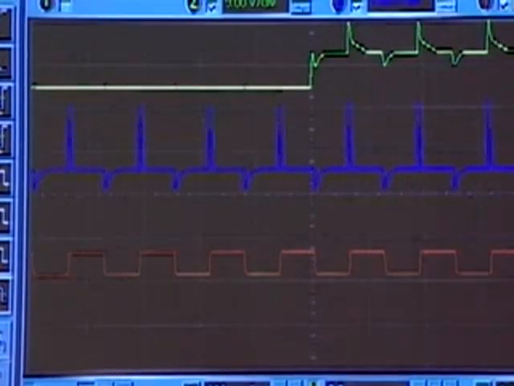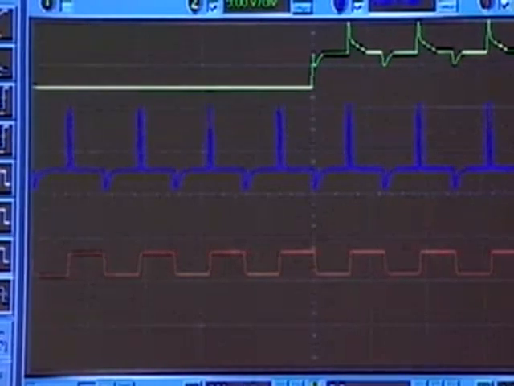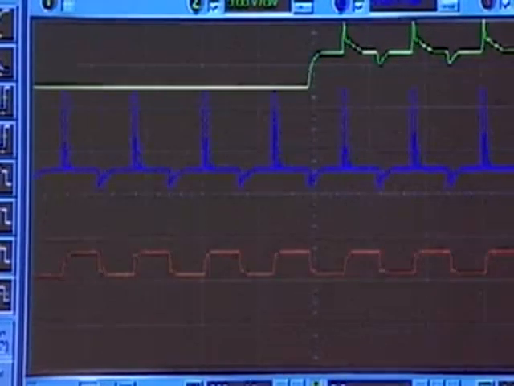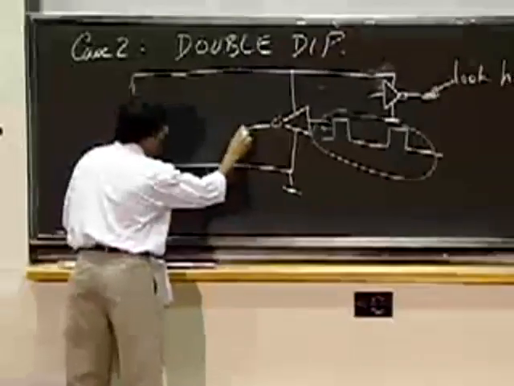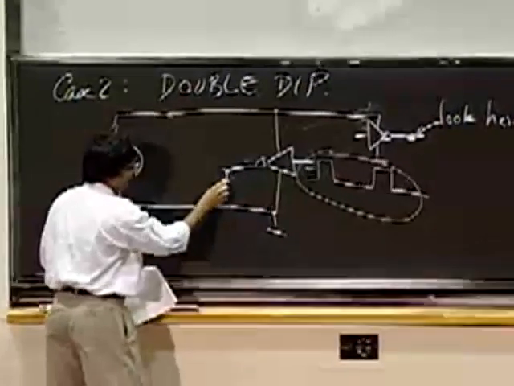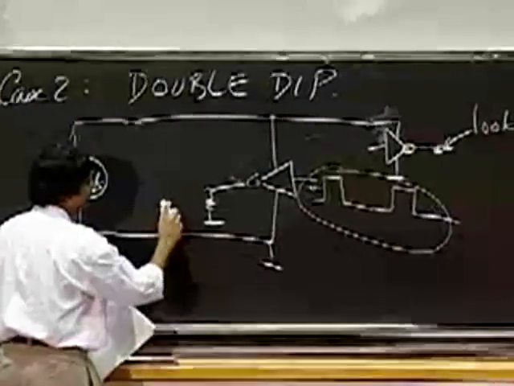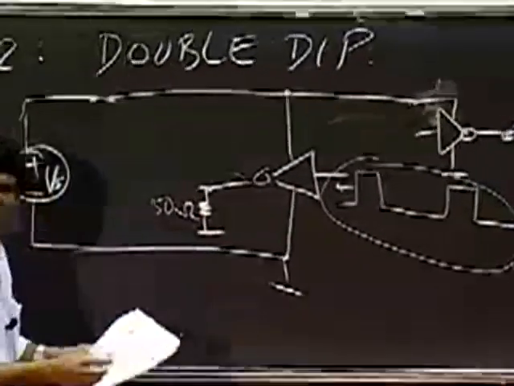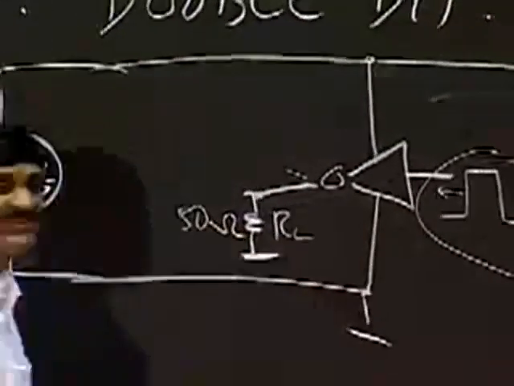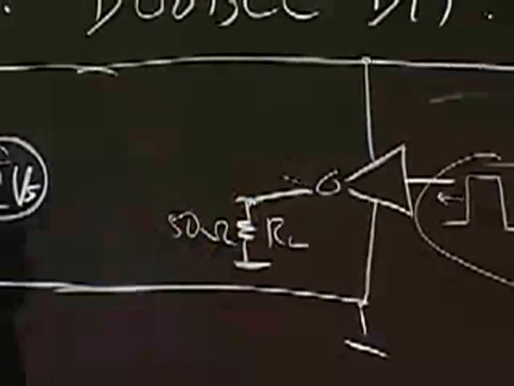Okay, so you're not prepared for this. So what I'm going to do is tell you what I did to the circuit and then ask you to help me figure it out. So all I did was applied a load resistance to this. I think 50 ohms or some RL. I just applied a load resistor.